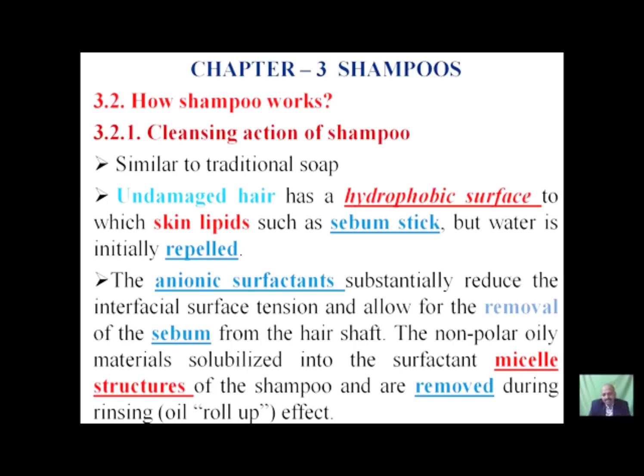The anionic surfactants substantially reduce the interfacial surface tension and allow for the removal of the sebum from the hair shaft. So the anionic surfactants present inside the shampoo reduce the surface tension and allow the removal of sebum from the hair shaft. So the sebum which is secreting will be removed by means of these anionic surfactants. Therefore, the non-polar oily materials are solubilized into the surfactant micelle structures of the shampoo and are removed during rinsing, the oil roll-up effect. The anionic surfactants present inside the shampoo reduce the surface tension and therefore remove the sebum